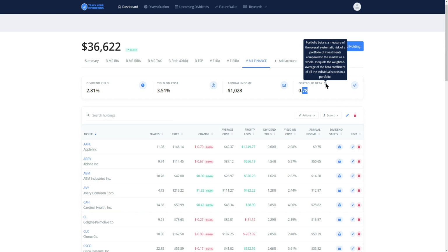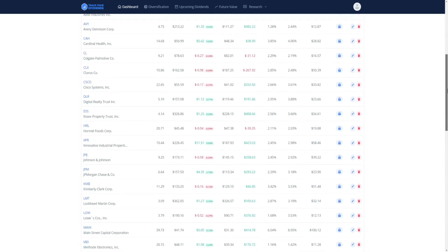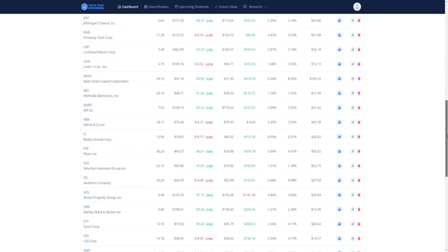The portfolio beta is a measure of the overall systematic risk of a portfolio of investments compared to the market as a whole. It equals the weighted average of the beta coefficient of all the individual stocks in the portfolio. So our portfolio overall is at a beta of 0.68, which I think is less volatile versus the main index of the S&P 500. That's because all it has in it is